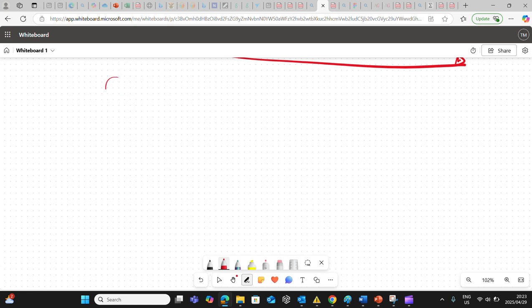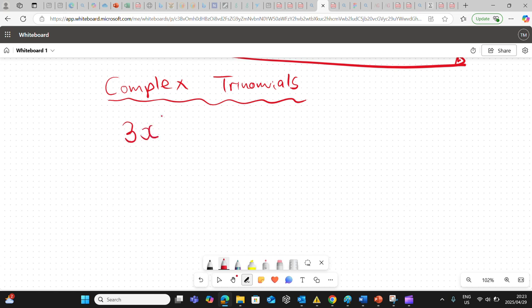Complex ones, do not be intimidated. They kind of follow from the easy ones. The only difference here is there might be a little bit of fractions here and there, but don't worry, it's nothing to be scared about. So what if it's a 3x to the power of 2 plus an 11x plus a 6? So we're having a look at this, and